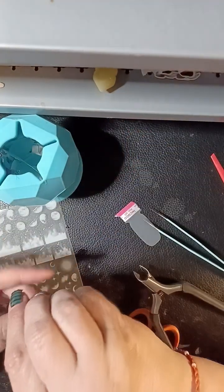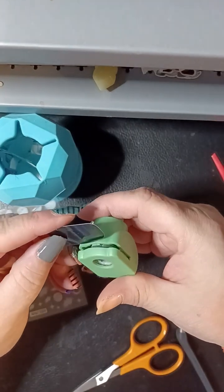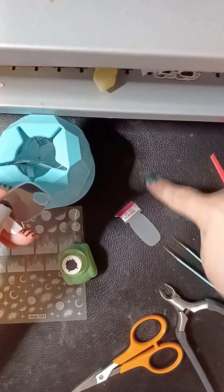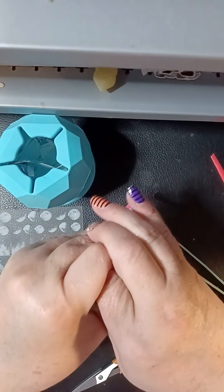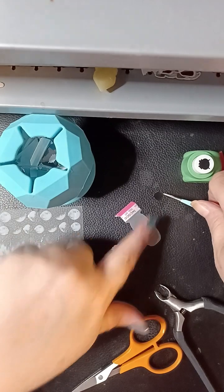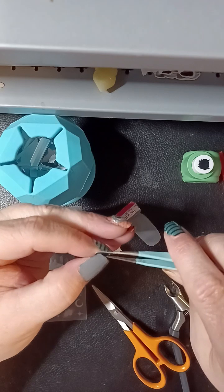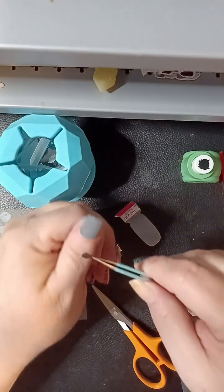No, cut your cauldron out first, Stacy. Will do. Don't have to get bossy. Okay, so putting her in the punch. I love that it has little legs. And again, this was meant to be, what do you call that? A pot of gold. But it's going to be a cauldron for us. And I just cut the gold off because I don't need it. And then we're going to put our little...